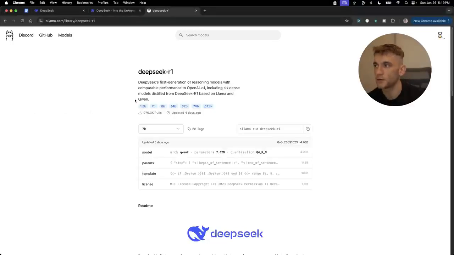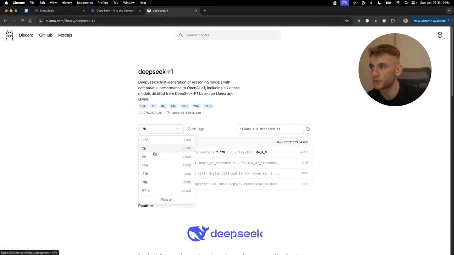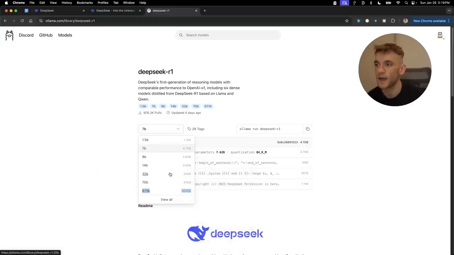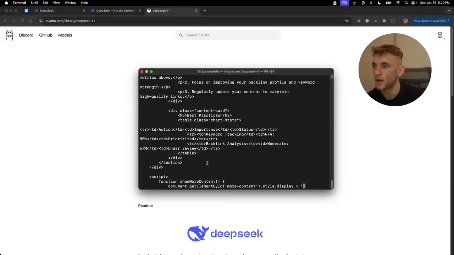And the other thing to note here is you've got many different models distilled for DeepSeek R1. So for example, I'm using the 7B model. That's pretty fast and light and quick to use. You can go all the way up to the 671B model. That is 404 gigabytes to install. So obviously it's going to take a lot longer to install, and it's going to require more memory to run it. So it's just going to be a lot slower when you're running it offline, unless you have some super powerful laptop, right? So honestly, I would recommend the 7B model for what you want, and we've got the code